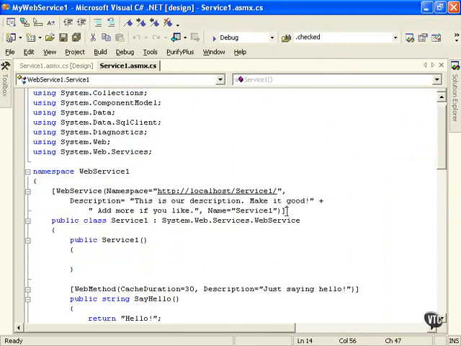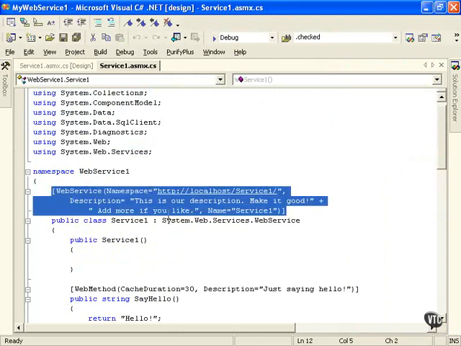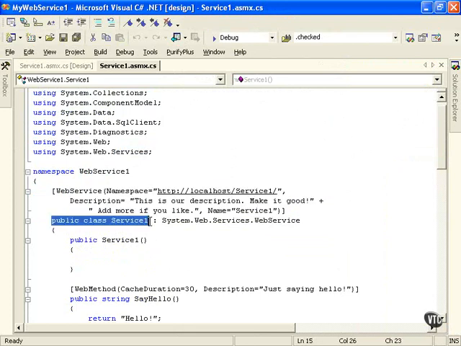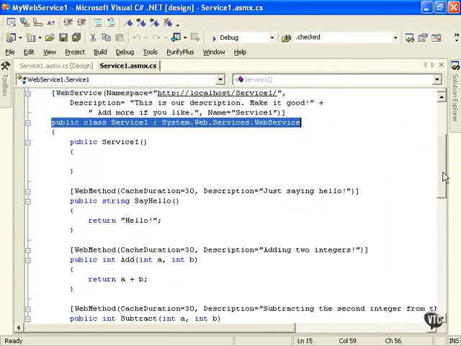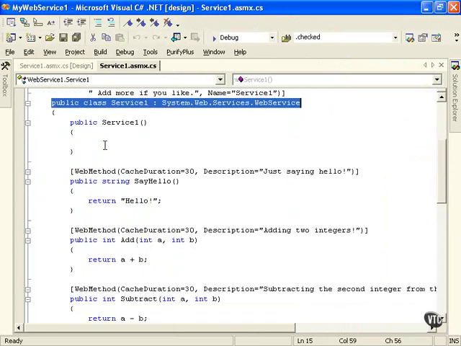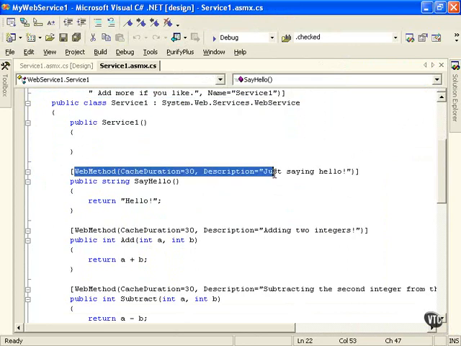And that's going to be in between these brackets. Just note the syntax here. The parentheses as well after WebService and then Namespace and Description. Just going to describe your web service. We then have a class as usual deriving from System.Web.Services.WebService. A constructor if you need to do anything, but for the most part you're going to be creating your